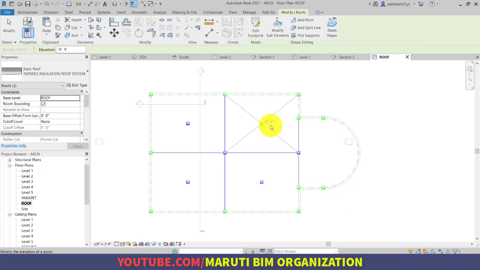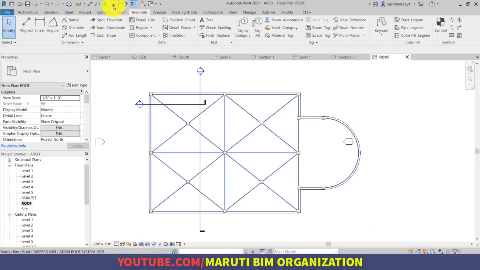So this is the power of using the roof rather than using the floor or slab. Now go to the 3D view.